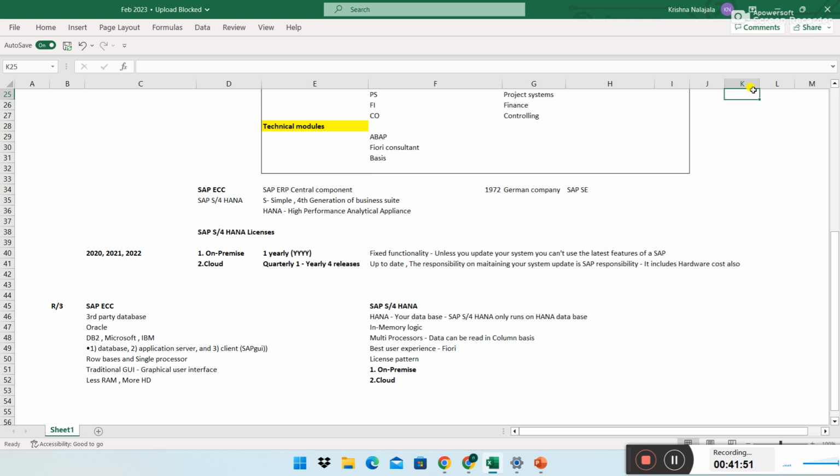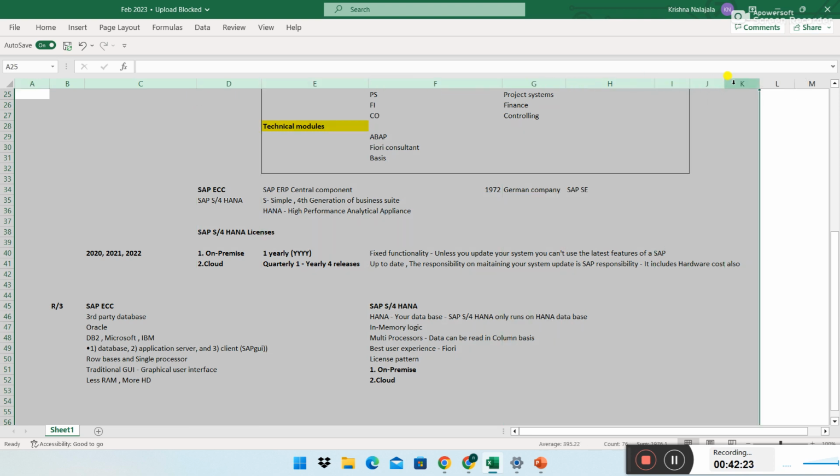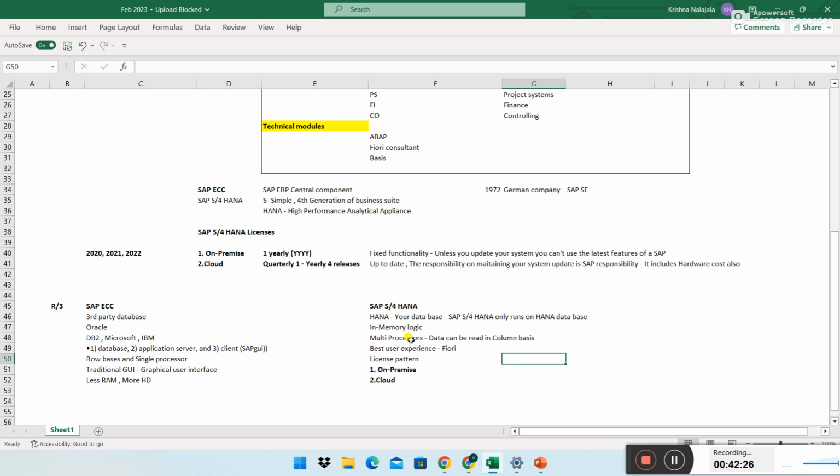They'll read quickly and give you a result in a span of seconds, so it is saving a lot of time, right? Because of multi-processing, your work will be very quick. That is one big advantage you have. And as for the HANA database, whatever data you process will be stored in the HANA database. When you want to pull it back into the system, it will read based on columns with the help of multi-processing. You have multiple processors and column-based data will be read. Got it?